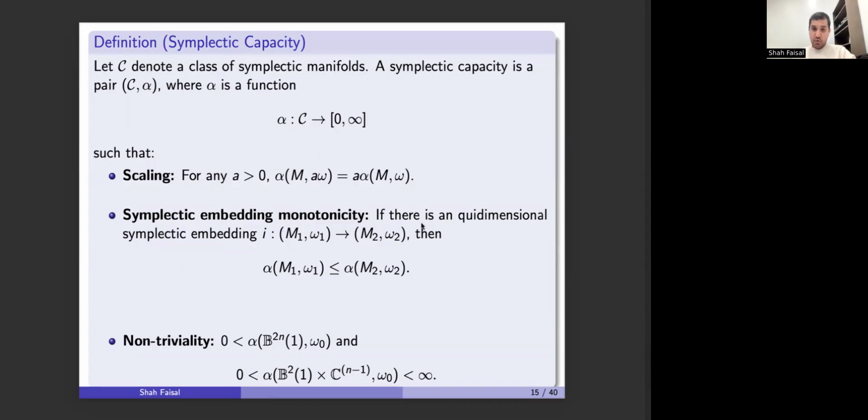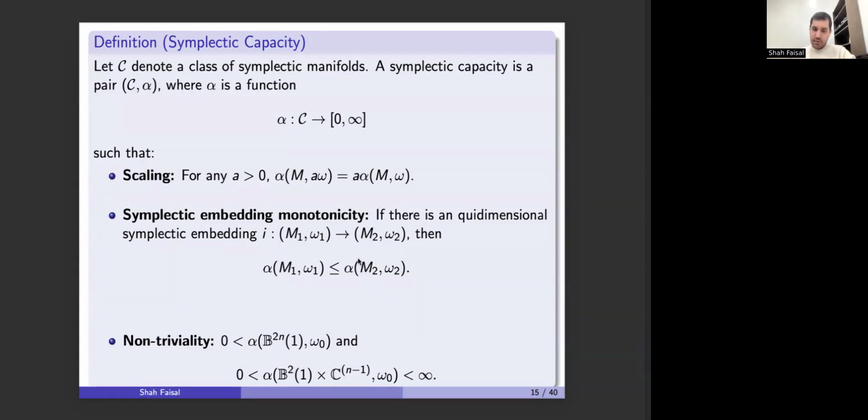And if you take a symplectic embedding of one manifold into another of the same dimension, then you have a monotonicity behavior of this function. So it gives you an obstruction to embedding one symplectic manifold into another. And in particular, if there is a symplectomorphism between two manifolds, a symplectomorphism being a diffeomorphism that pulls back the symplectic structure of one to the other,